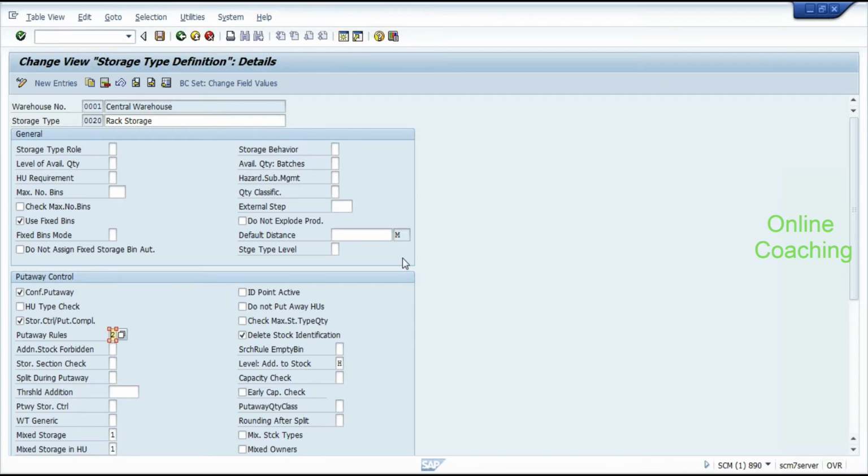So for their raw materials, to make glass, they might use 4 raw materials. So they know that there are just 4 raw materials, and they want to have 4 storage bins only, because within the warehouse they just have 4 products. Whenever I receive any of these products, I'll always place it in this particular storage area. So if this is the case, then based on the warehouse characteristics,